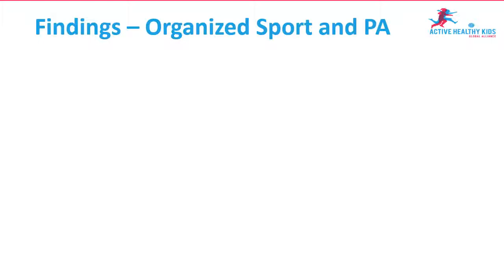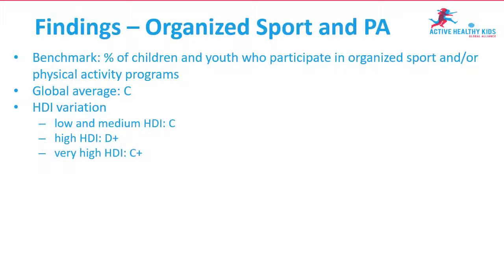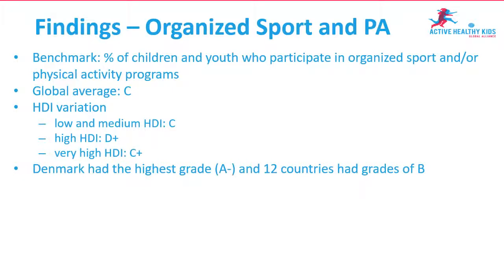Now on to organized sport and physical activity. The benchmark is the percent of children and youth who participate in organized sport and/or physical activity programs. The global average was a grade of C. The variation across country development, you can see low and medium countries a C, high income countries D+, very high a C+. Denmark had the highest grade of A-, and 12 countries had grades of B. So this is overall one of the higher graded indicators,